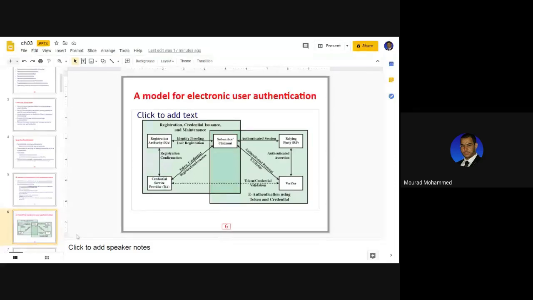You are a claimant, actually you are the core of the authentication. You as a subscriber, you as a user, you as a subject, you are the co-actor of the scenario of authentication. This is a full authentication mechanism. You subscribe at the beginning, so you have been registered in a registration authority, and your credentials have been saved somewhere, managed by a credential service provider, CSP, sorry, and those credentials are utilized once for all.